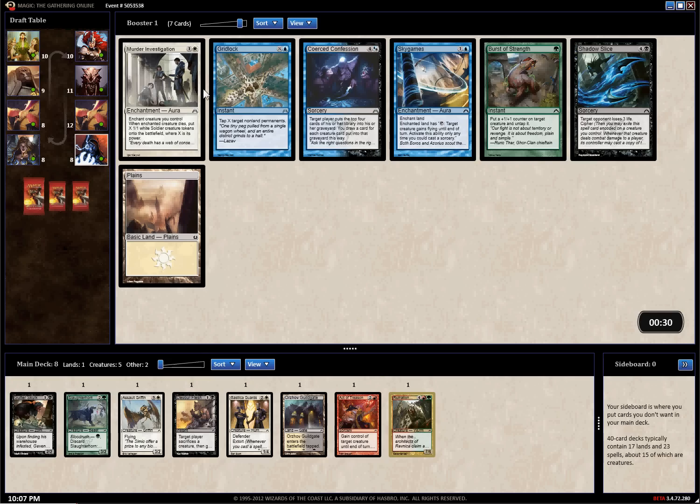So this is the pack we opened. Gridlock, Coerced Confession, Shadow Slice are all decent. Murder Investigation is horrible. Versus Strength is okay. It's in a different color. Maybe we should take it just to be prepared. Or try to signal...